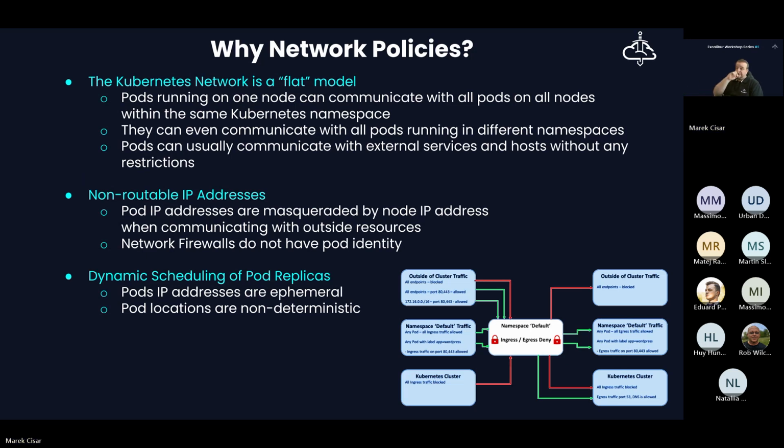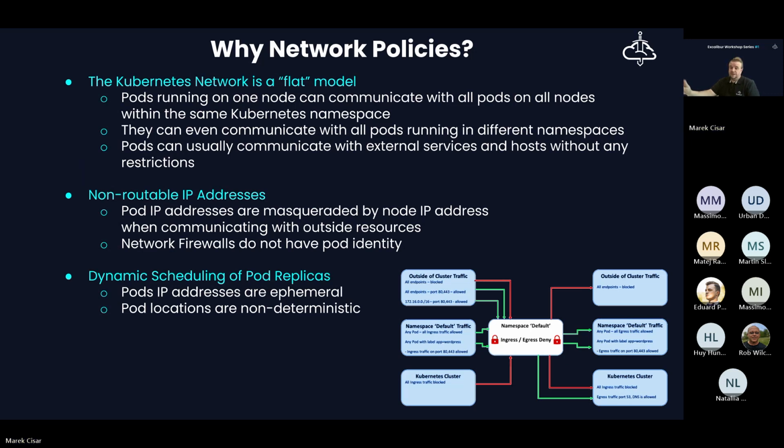Okay, why are they important? Kubernetes network is typically a flat network model. That means all pods can communicate with each other within the same namespace using short names. And also, each pod is able to communicate with other pods in different namespaces as well. They need to use FQDN, but it does not matter since the communication is allowed to be performed.